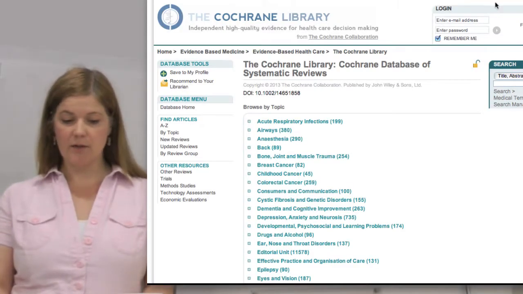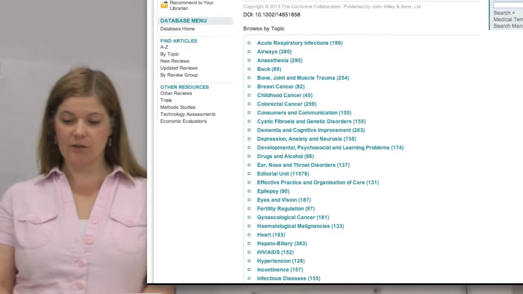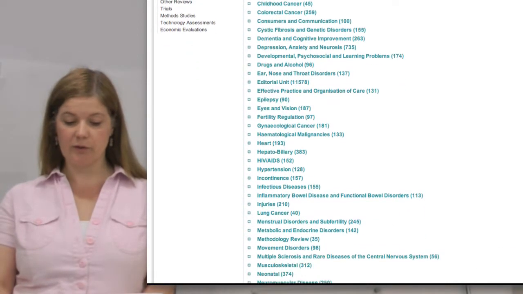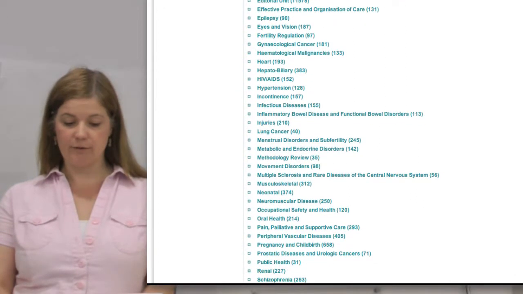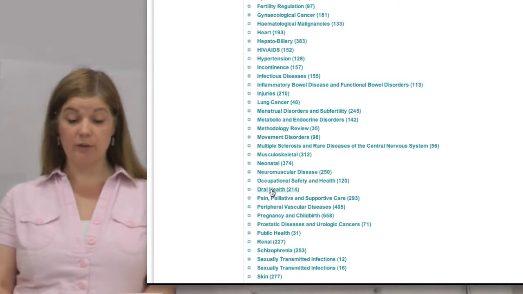Okay, so here, this is the Cochrane Library, and if you scroll down, you can see these are all of the areas that there are systematic reviews in. Numbers in brackets are the numbers of systematic reviews, so you can see there's a great deal of them. I'm just scrolling down here to oral health. You can see there's 214 systematic reviews. If you click on that,